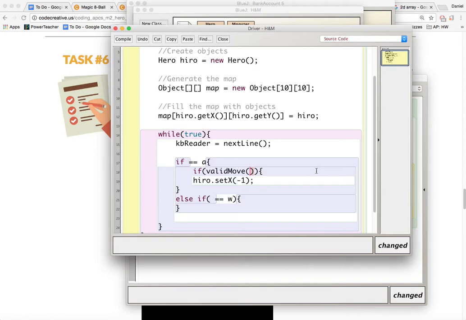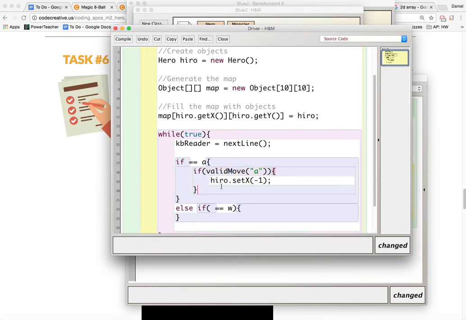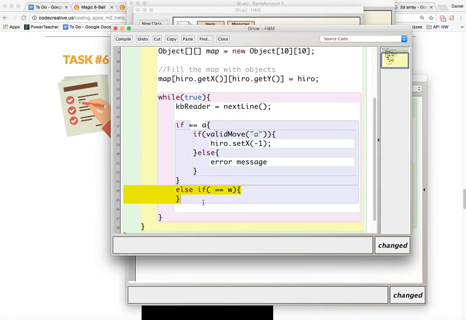So if valid move, with valid move being a Boolean function, and we can maybe give it that A, or give it the KB reader, or whatever it is, or give it the A. And so if this returns true, it is a valid move, then it will go ahead and break out with the move, and then we could say else, print out error message, right? Error message. Okay, great. So that's kind of the same setup you want to use for all of your branches,